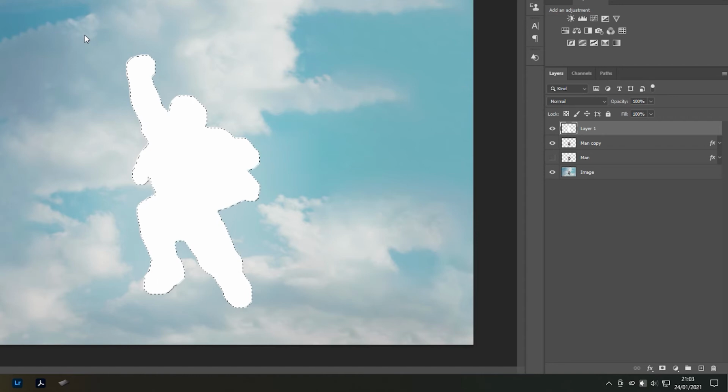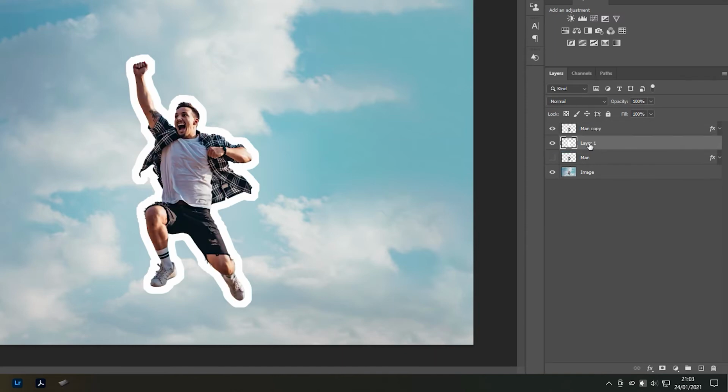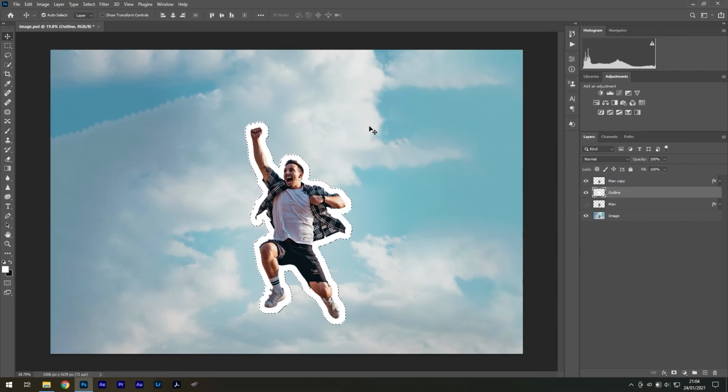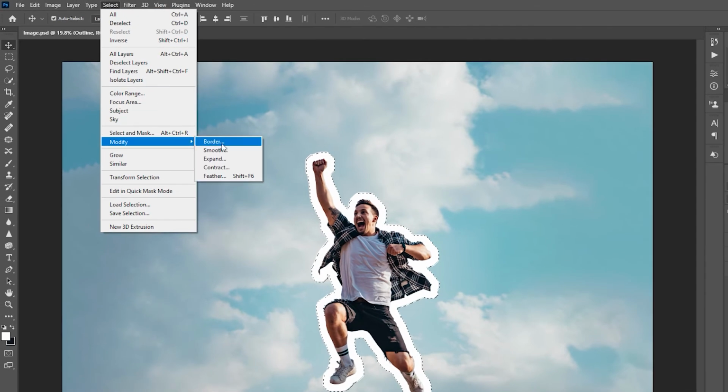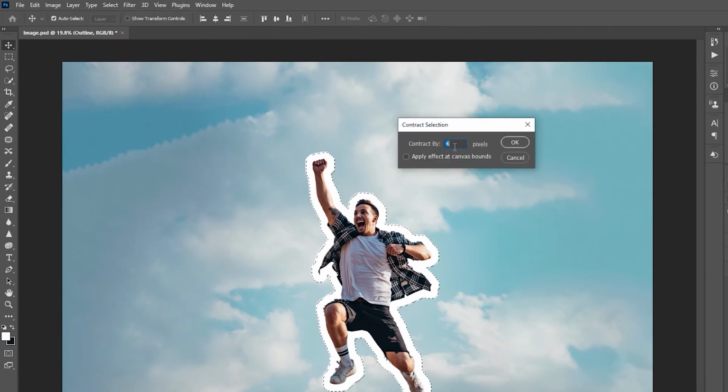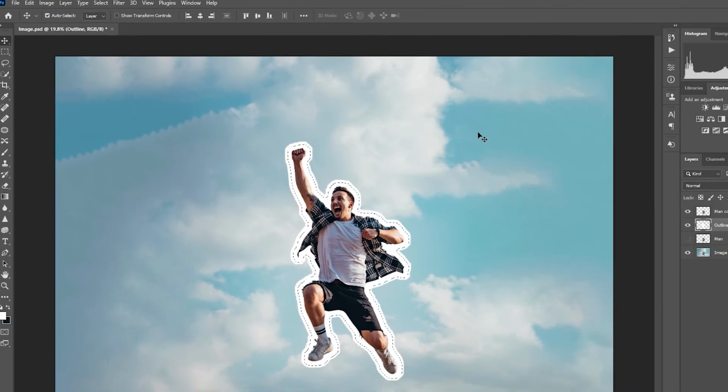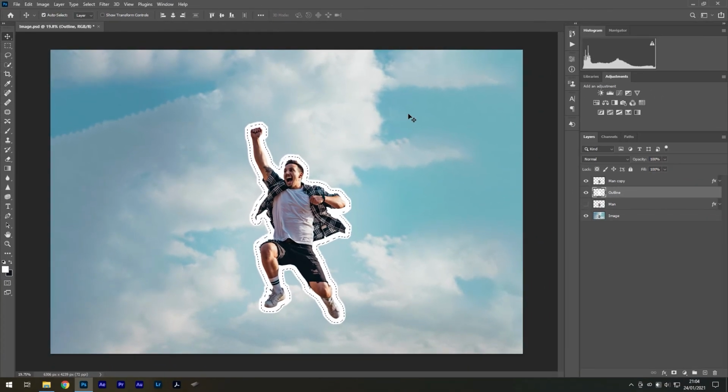You can hold Ctrl D to remove the active selection and then drag the painted layer below the Man layer. We can rename this layer Outline. The reason that this method is more powerful than using blending options is because we can once again make a selection by holding Ctrl and select the layer thumbnail, then go to Select, Modify, Contract, and contract this by around 25 pixels. Press OK, and now we have a new selection on our outline layer, which we can fill with